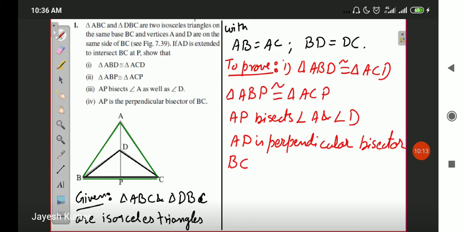We will come to that at the last. First of all, let us start with the first. First part, we have to prove that triangle ABD and triangle ACD are both congruent. Let us see how. ABD, this triangle, this is triangle ABD, and ACD is this triangle. This is triangle ACD. We have to prove that